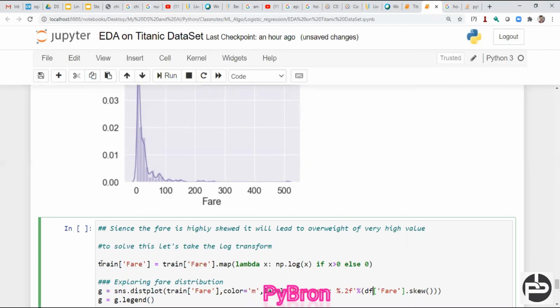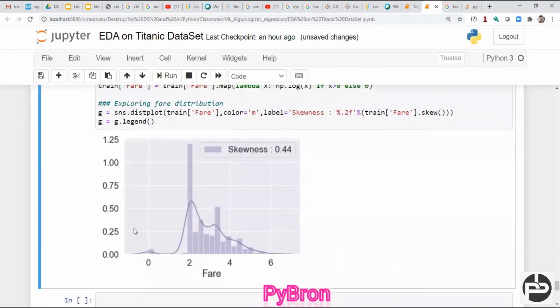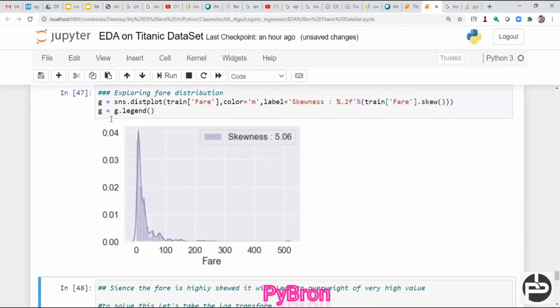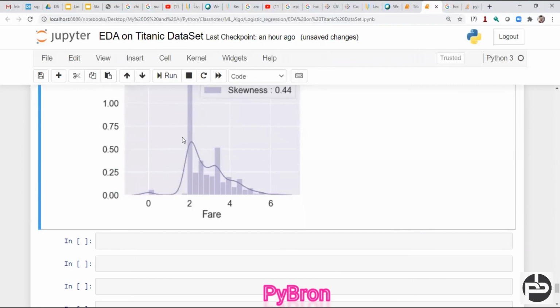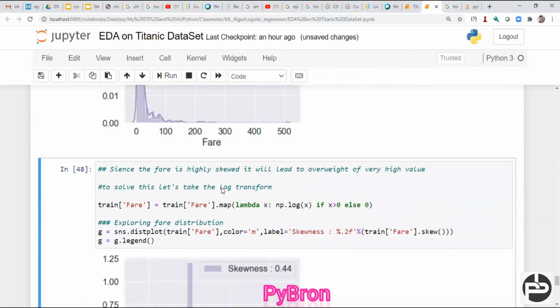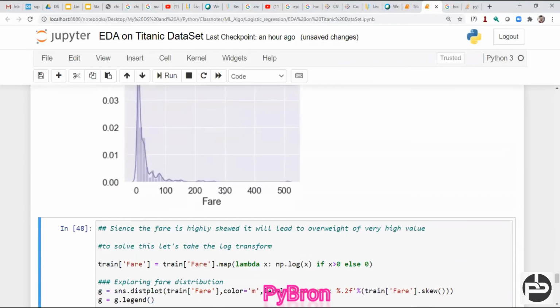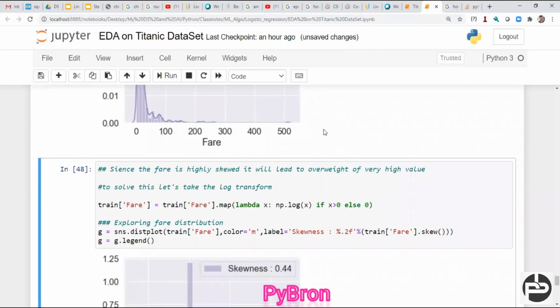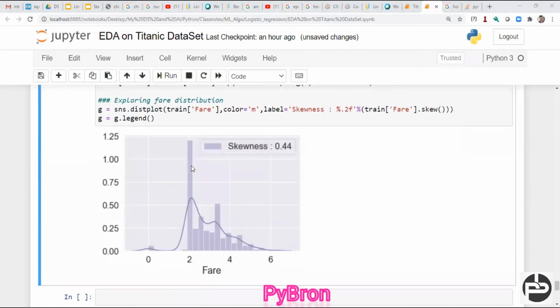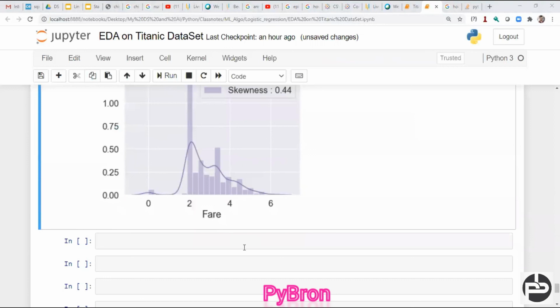Now if I execute this code, yes, you can see initially this was highly skewed. Now my skewness got reduced, to some extent we reduced our skewness. So like this you can do. I did it with the log transformation. You can use any kind of transformation like Yeo-Johnson transformation, t transformation, whatever will work.